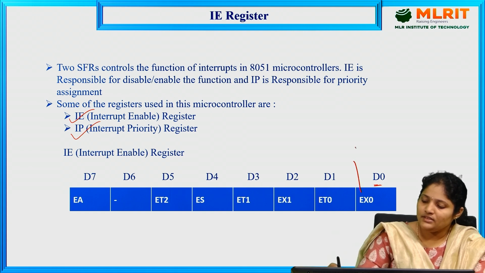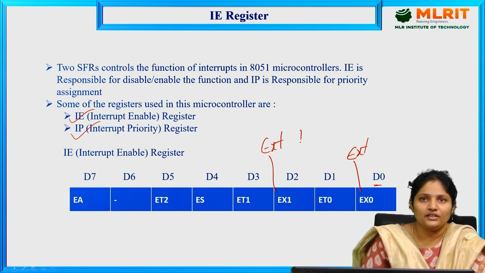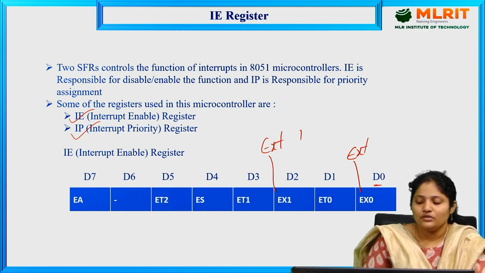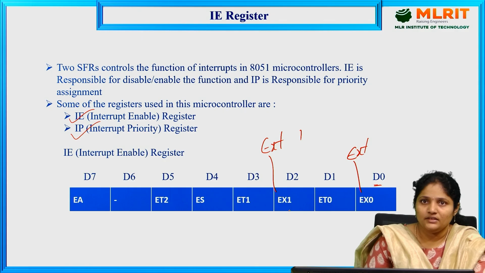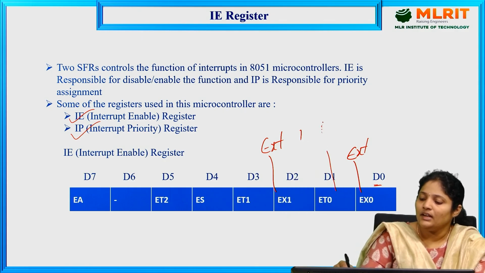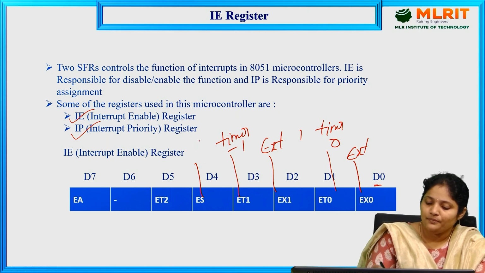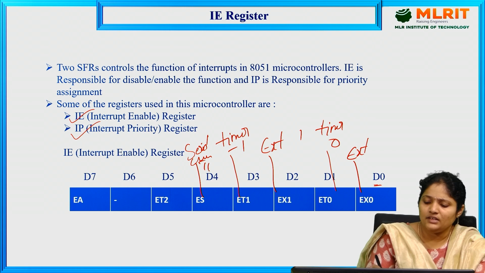This is the external 0 interrupt, and this is the external 1 interrupt. I have already told you 2 external interrupts are there, right? This ET0 is the timer 0 interrupt, and ET1 means the timer 1 interrupt, and ES means the serial port interrupt, the serial communication interrupt, either TI or